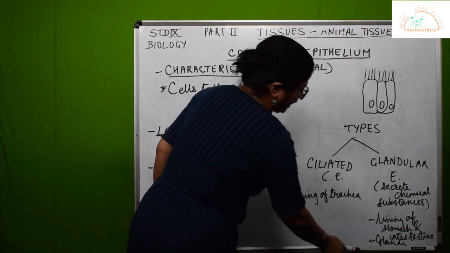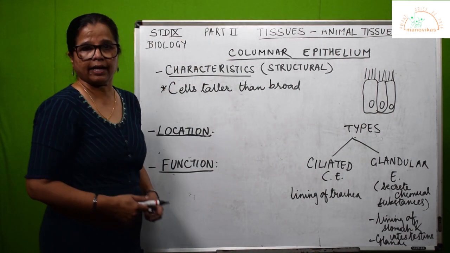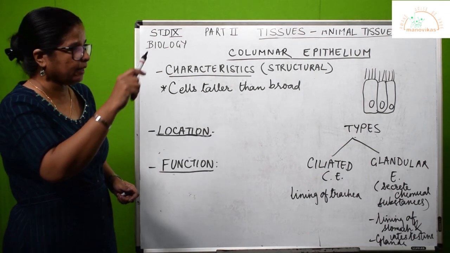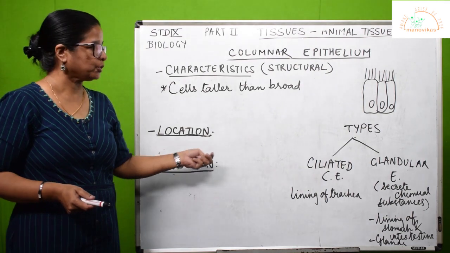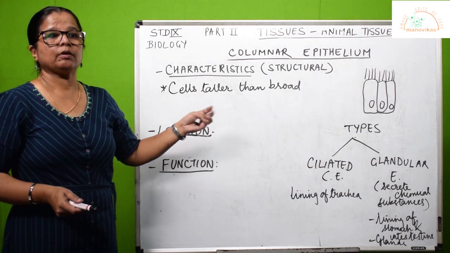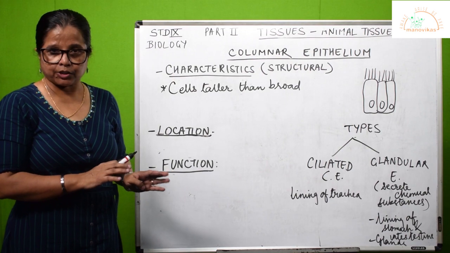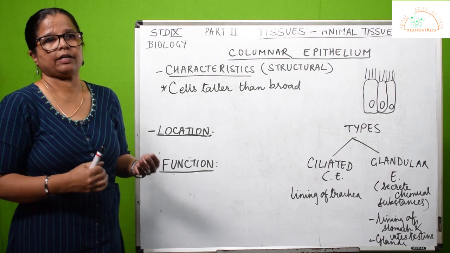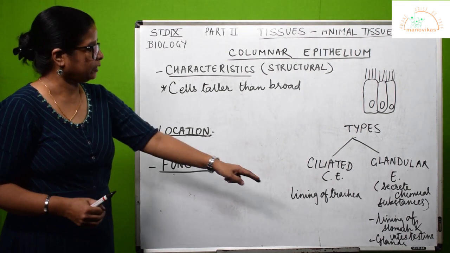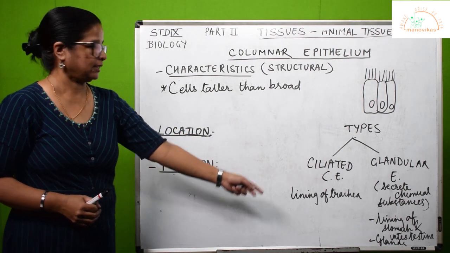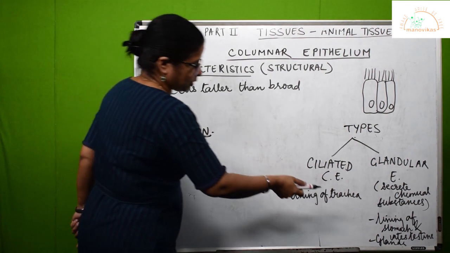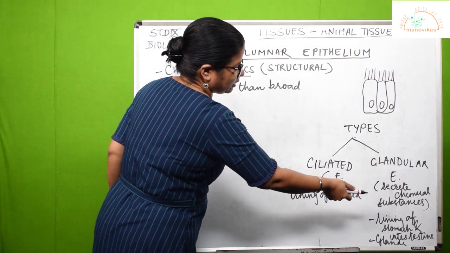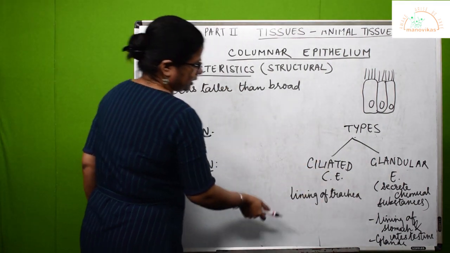Then we have the glands: sweat glands, tear glands. The skin folds to form these glands. Now you know the function of sweat glands: to produce sweat and help maintain the temperature of the body. When sweat comes out, it evaporates and cools the body. And then we have the tear glands. So glandular epithelium is found in places like the lining of the stomach, the intestine, and here you have the glands, the sweat glands and tear glands.